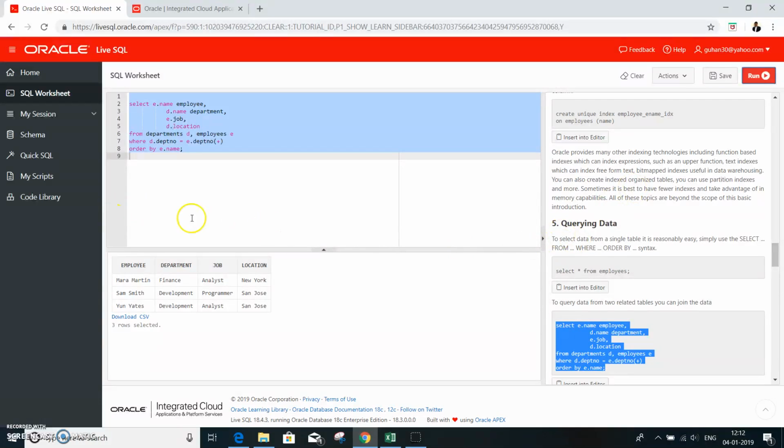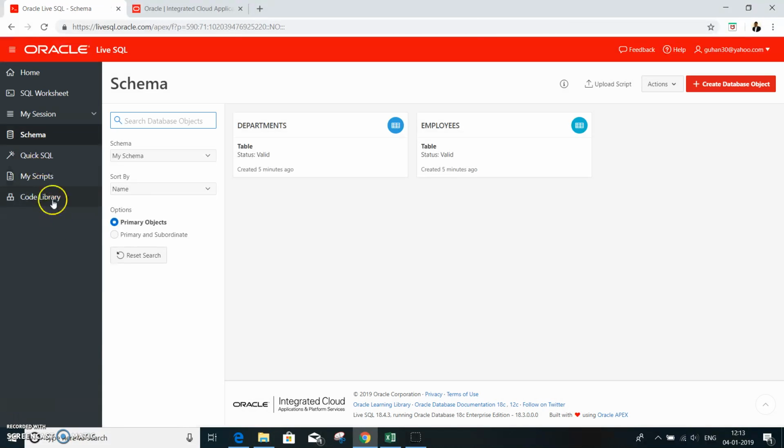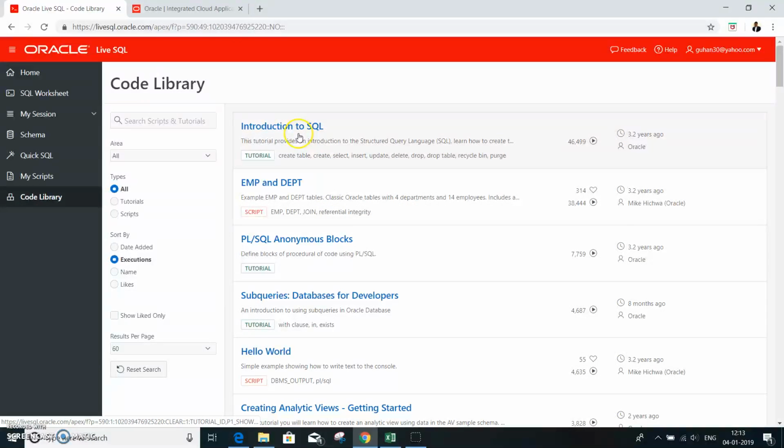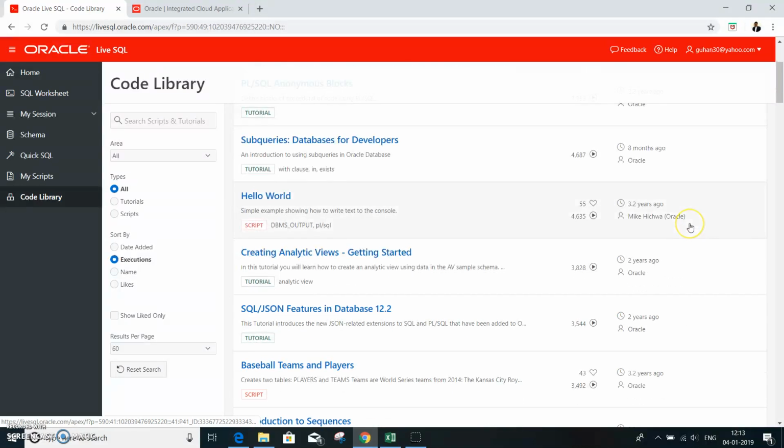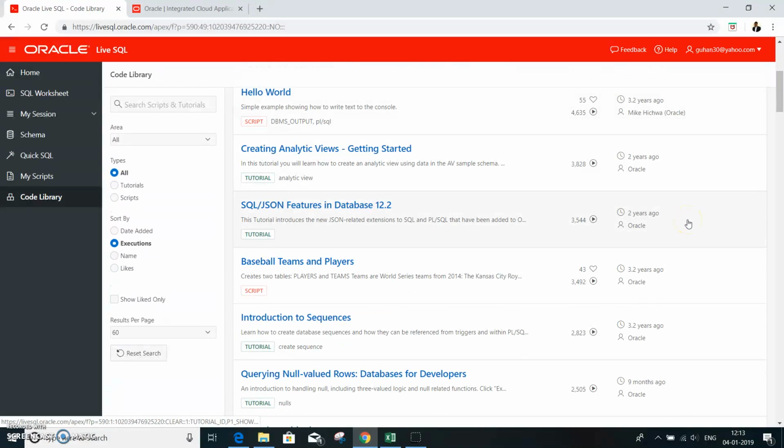You can learn at your own speed and pace. So all that is available. You can look at the schema as well. Then you can look at the code library, because we are just at the start, the introduction, and there are many more things. So you can learn all your SQL through livesql.oracle.com.